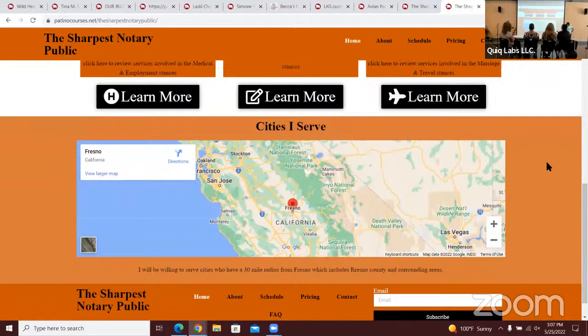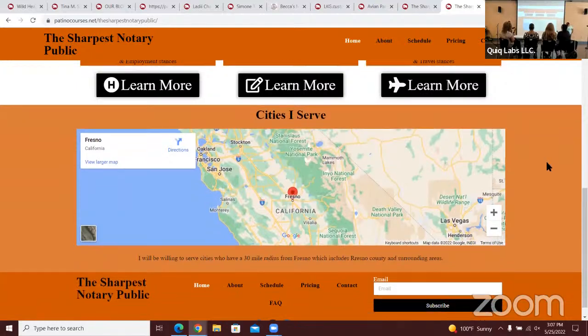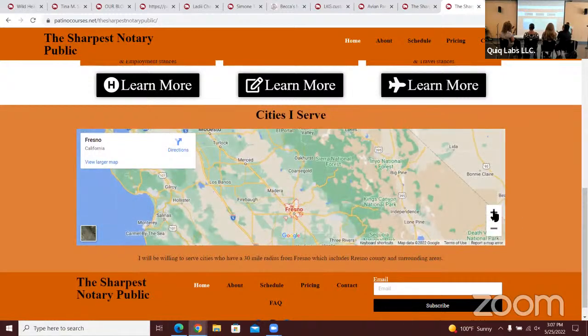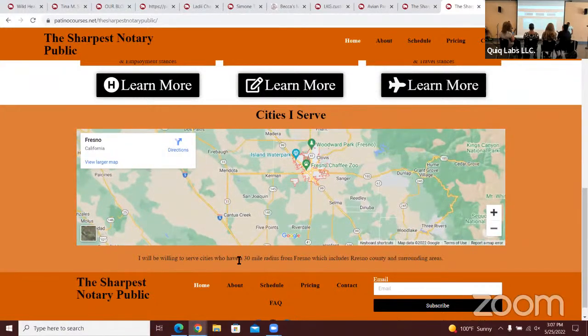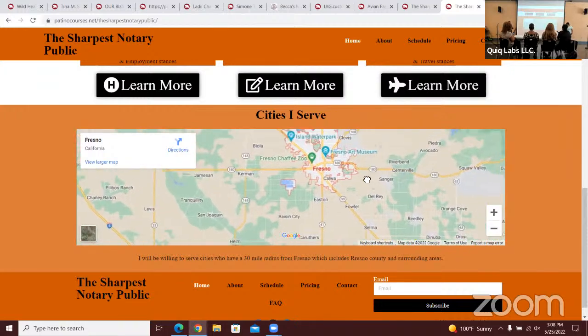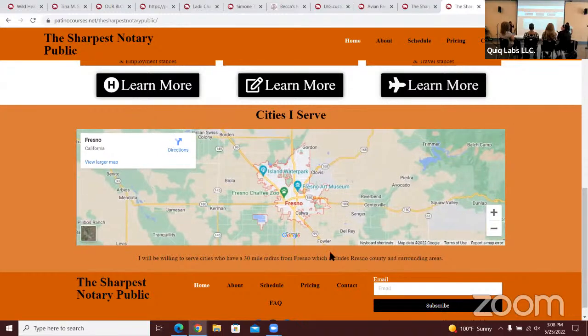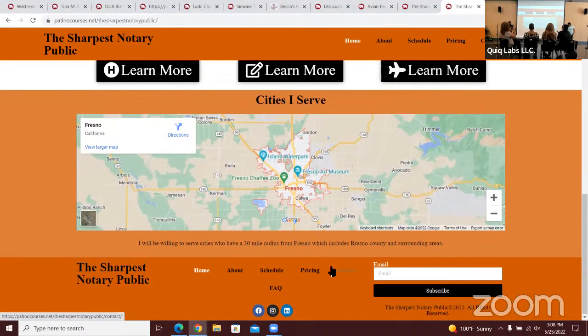So this is basically going to be a map of Fresno, and it's going to have a brief description under it saying the cities she's willing to serve, which is basically a 30-mile radius from Fresno and cities surrounding Fresno County. And then onto the footer, we have the Sharpest Notary Public, a navigation bar, and a subscription, and also